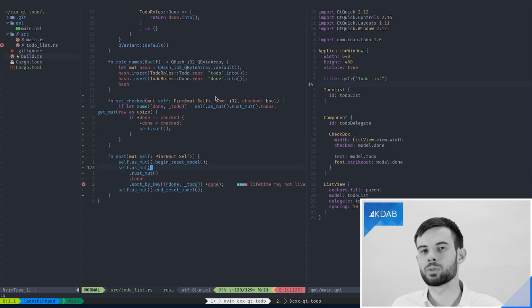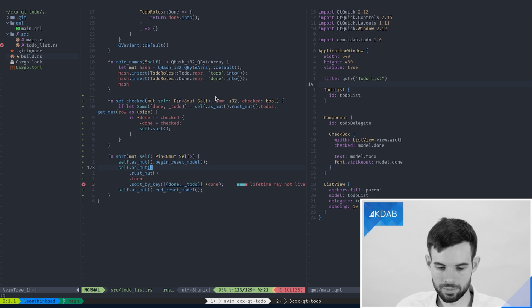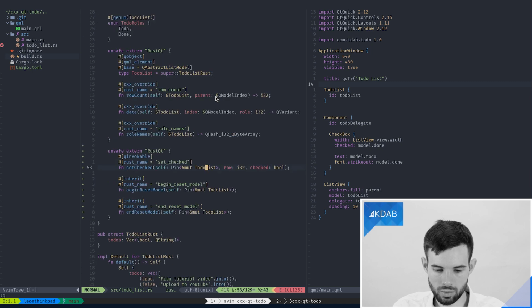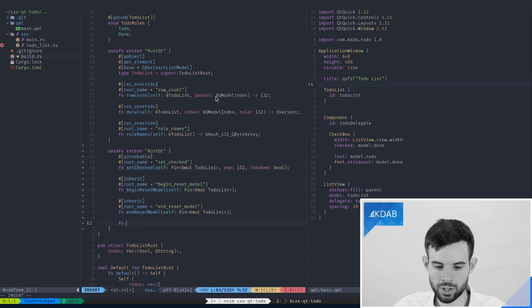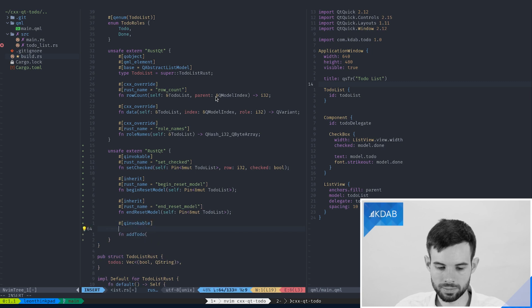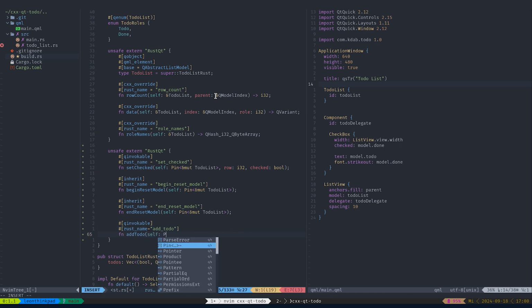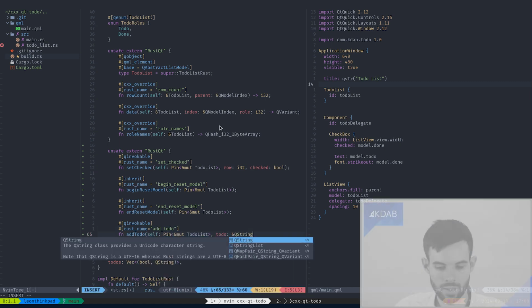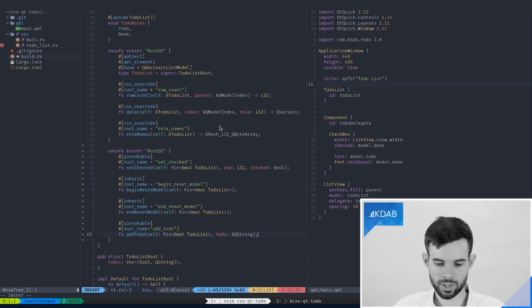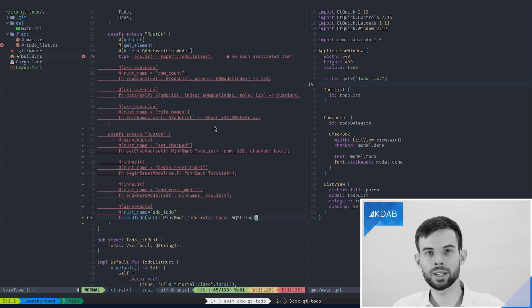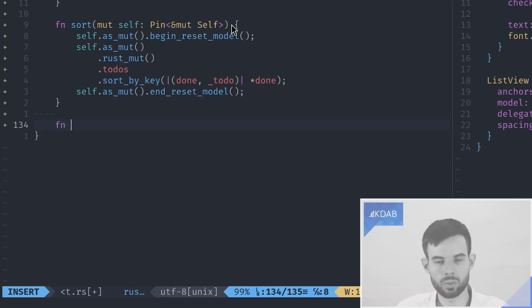Then the next part would be for us to actually allow us to add new to-dos as well. Now we can set them as done. So again, we'll go into our bridge and we'll declare our new function, which we, in this case, want to call add to do. Again, this needs to be Qt invocable and needs to have a Rust name. And here we can finally also use the Q string that our language server has always been complaining about that we haven't used yet. So this is where we need it. And then again, we need to implement the function.